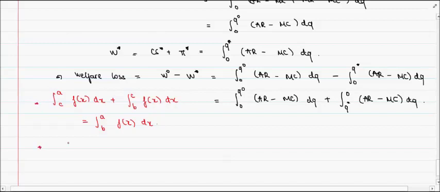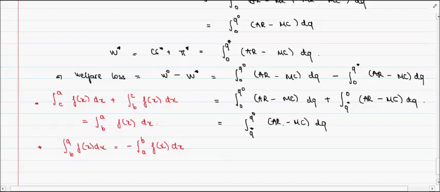The second rule is that the integral from A to B of f(x) dx is equal to the negative of the integral from B to A. So if you swap the limits, you just put a negative sign in front of it. That's what we did over here. And now applying the sum rule, the number 0 will disappear, and what we got left is the integral from q star to q0